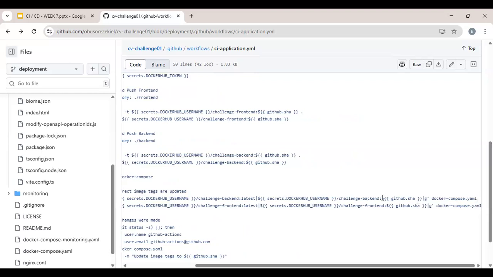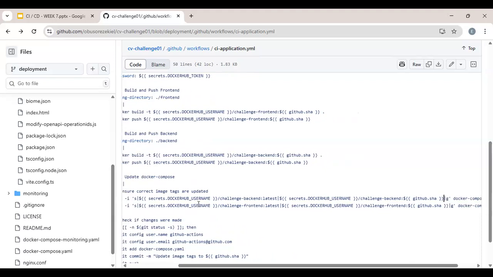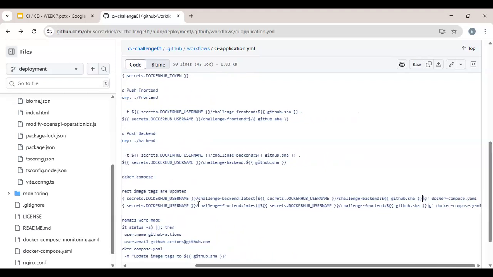We're going to update where latest is with the GitHub SHA, the GitHub ID of the image. That's in the Docker Compose YAML. You can see the specified Docker Compose YAML here. The same thing you do here for the front end. Ideally, you're supposed to split it into front end and back end.